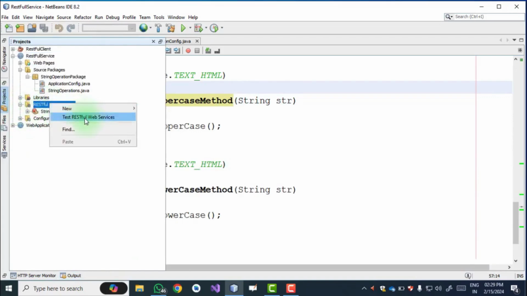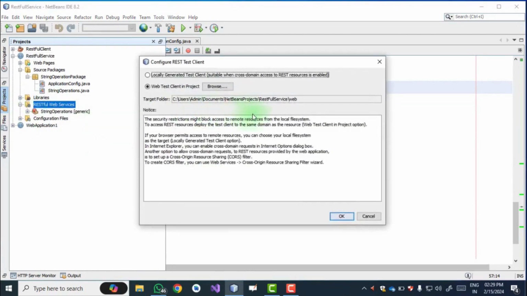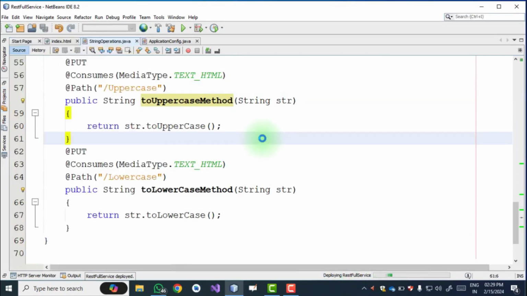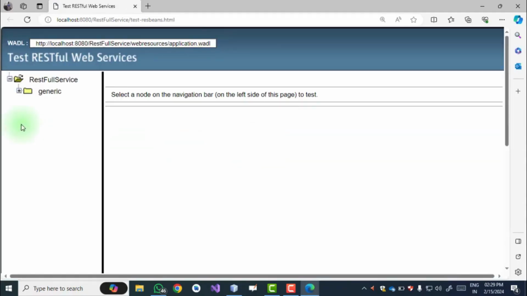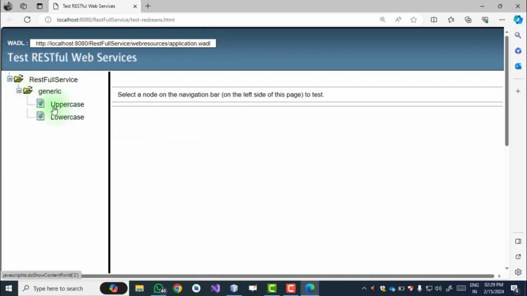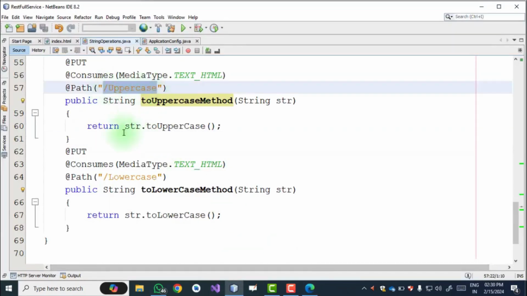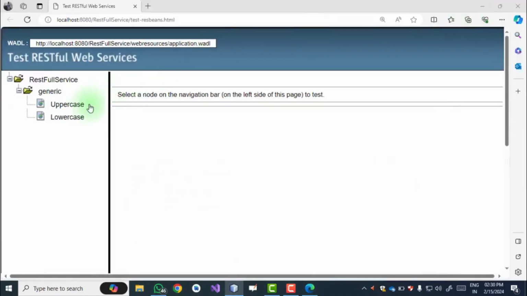Right click, Test RESTful Web Service. Then OK. Again deploying the RESTful web services. Just wait for some time. It will launch a browser, and we have two methods, toUpperCase method and toLowerCase method. These two methods will be displayed there as output. Now just click, this is a generic method. Click on generic. As we can see here, these two names, whatever we gave inside the path, will come here exactly as it is.